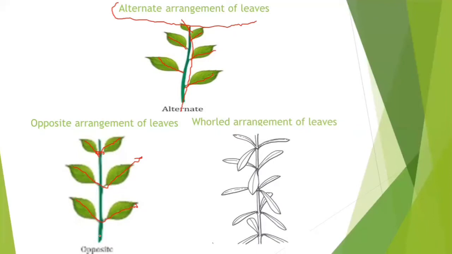Now the whorled arrangement of the leaves. In this arrangement, they are not in an order. There can be leaves in any direction, over here, over here, anywhere on a stem. Somewhere there will be 4 from one position, from another there would be 3, from another 1, from another 2. From anywhere there could be any number of leaves. Over here can be 4, over here can be 2. This is called the whorled arrangement of the leaves. They are not in an order; they are anywhere. So this was the arrangement of the leaves.